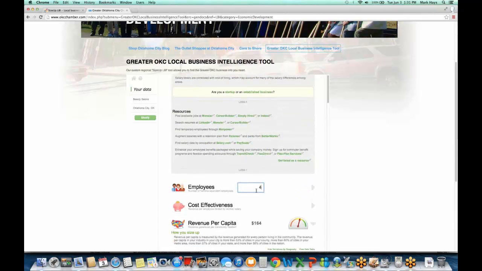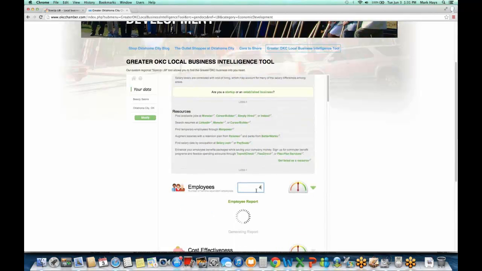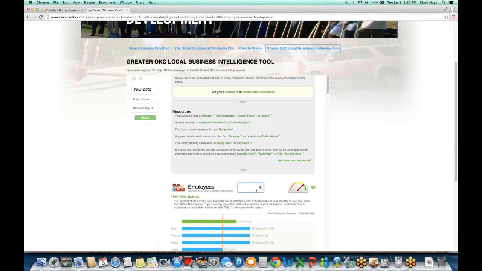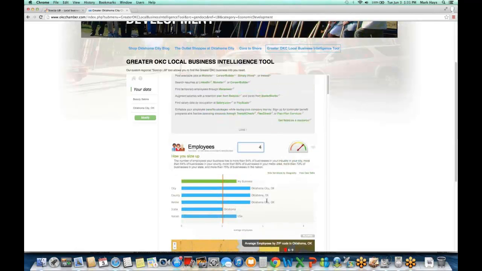And then how many employees I have. Obviously, for a beauty salon, maybe that's not a big deal. Even though, if maybe I needed something to push me over the edge, if I was considering hiring 1 or 2 more people, what's everyone else doing? Well, on average, there are about 5 employees per salon, so maybe it would make me feel more comfortable. But if I was opening a brewery or something large, and I had no idea if it was normal to have 20 employees, 10 employees, 5 employees, this would help me know what everyone else is doing.